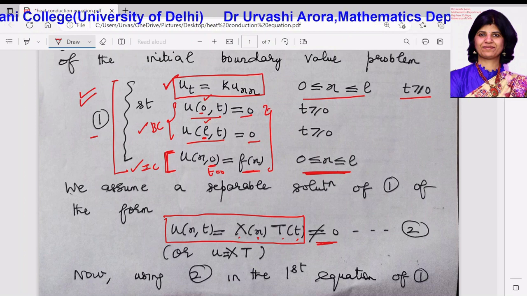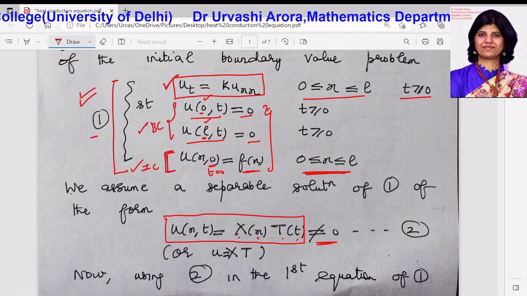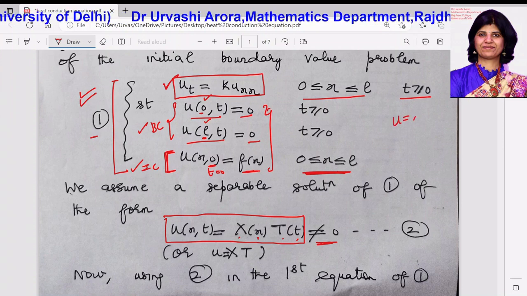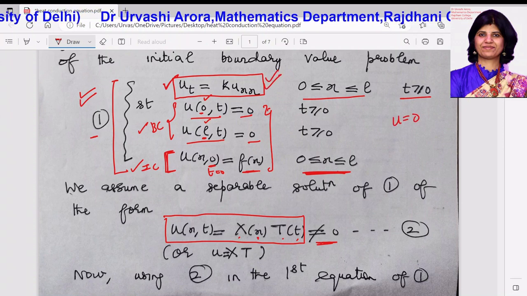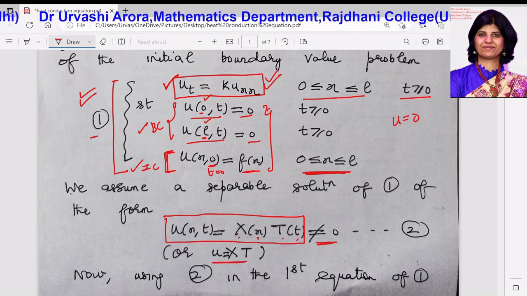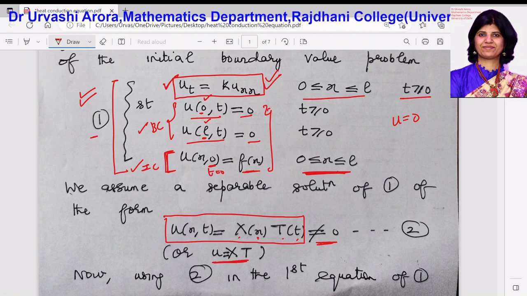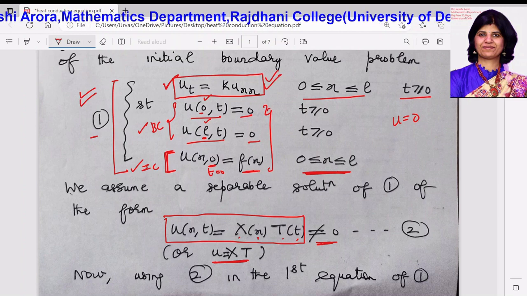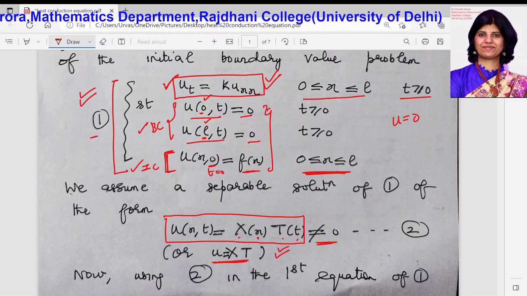initial condition. And we are looking for a non-trivial value because the trivial solution or the zero solution u is equal to 0 is trivially a solution of the heat conduction equation. So, in short, you are looking for the solution u which is of the form u is equal to capital X into T. So, now what we do is we put the value of u is equal to X T,